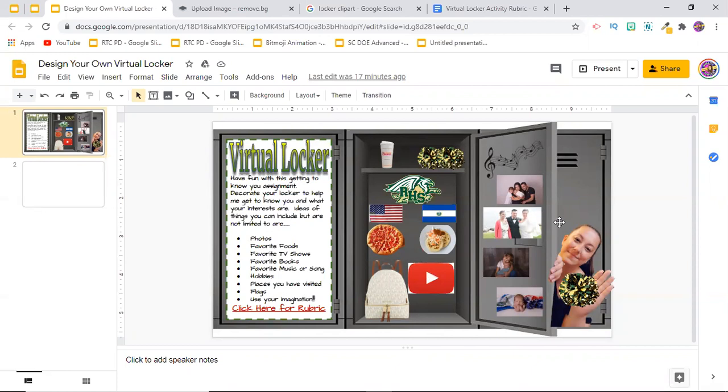This could very easily be modified for the younger grades. Instead of using a locker, you could find an image of cubbies and you can have students decorate a cubby. Also, instead of having students, which I would do at the high school level, search their own images, you could always add in a few extra slides over on the side full of images that are age appropriate